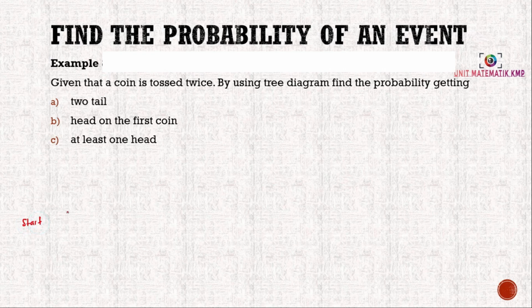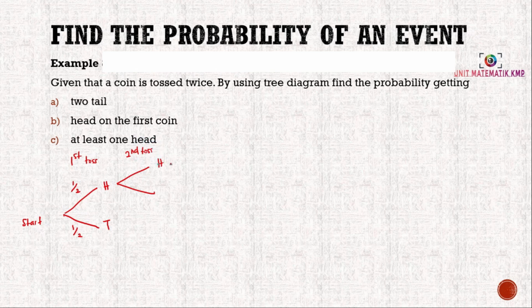Okay, for the first toss, kita akan dapat either head or tail. So ini untuk the first toss. Okay, so the probability of getting head is 1/2 and tail also 1/2. So 2 untuk the first toss. And then untuk second toss,